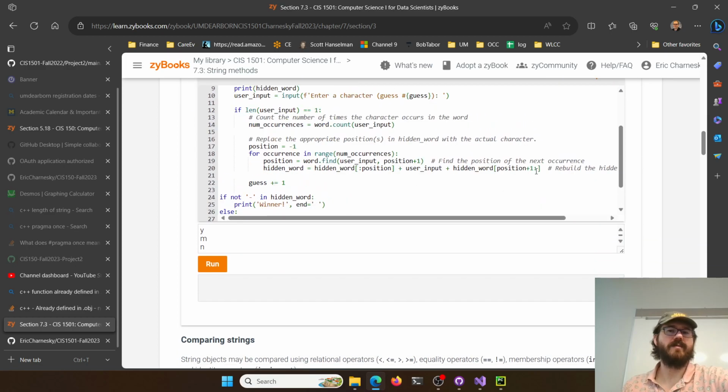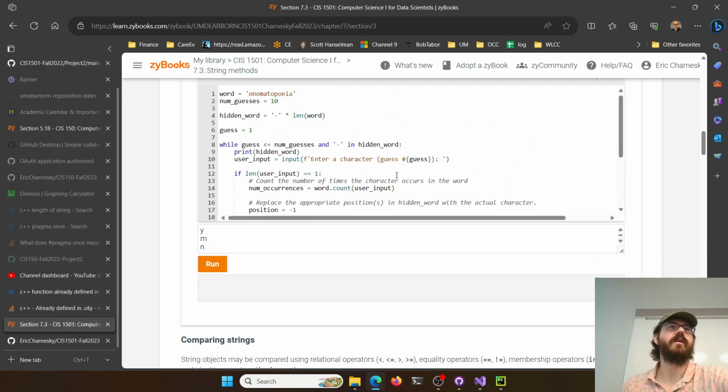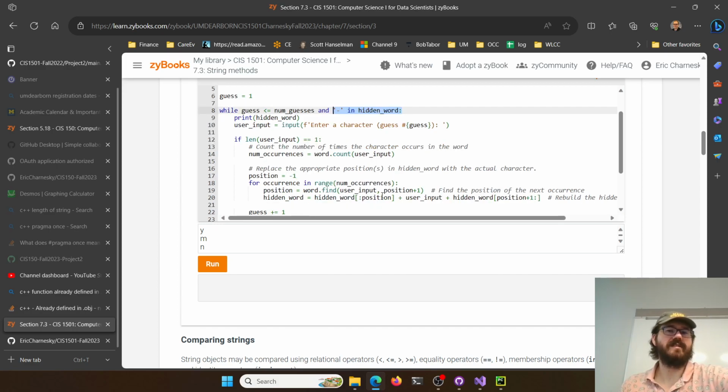This is not the same way that our hangman works, right? Our hangman uses very specific functions. We're not putting dashes in our hidden word because they're actually replacing as they go in the hidden word. And this to me actually seems really awkward. We've done some string slicing, but they said, okay, for the number of occurrences in the range number of occurrences, they count how many times that character was in the word.